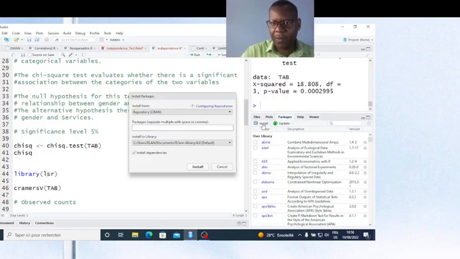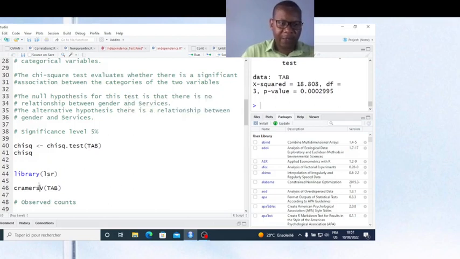You come here, you install, and you write the name of this package. For instance, you write like this. Normally when you write the name of a package, it will appear here, and then after this you click install. But I'm not going to install because I have already installed this package. Okay, now friends, when I run this command,